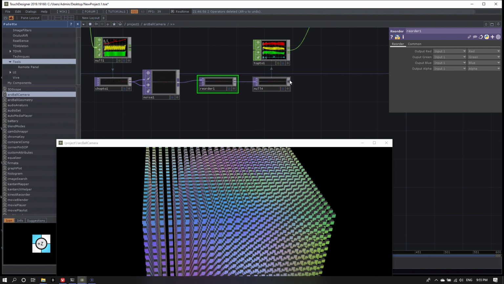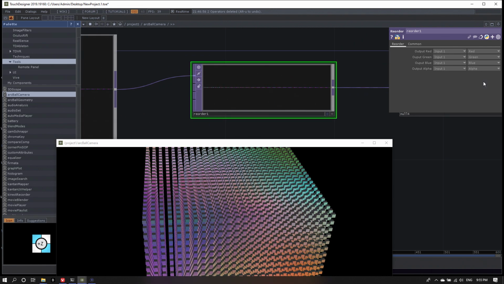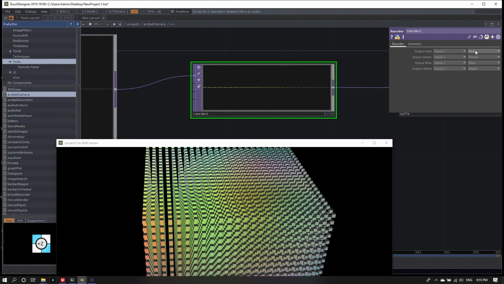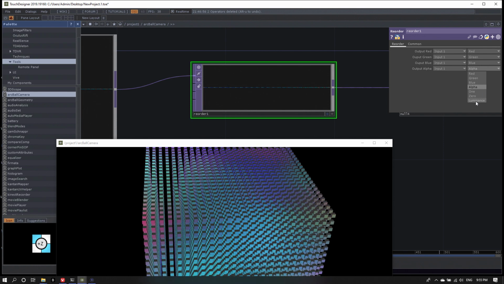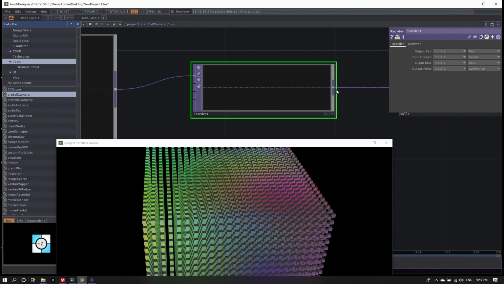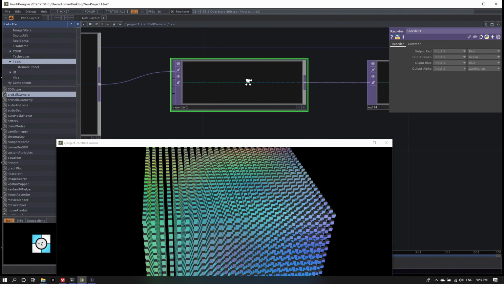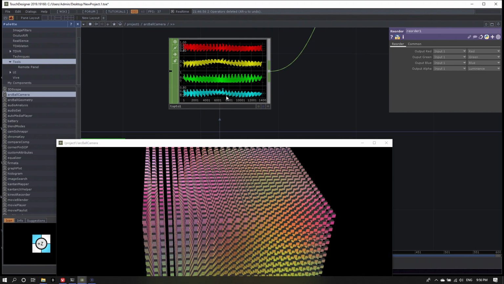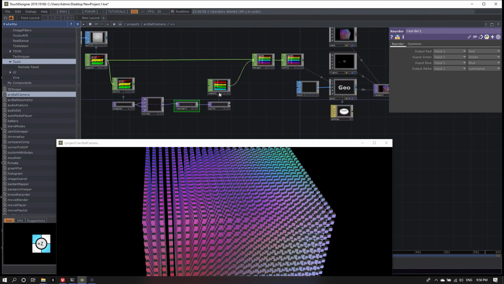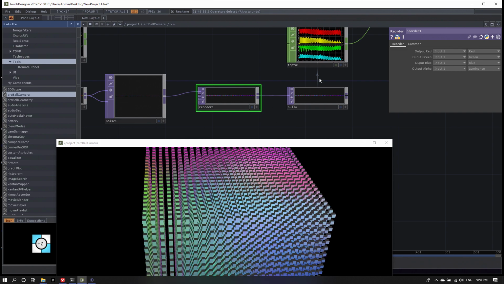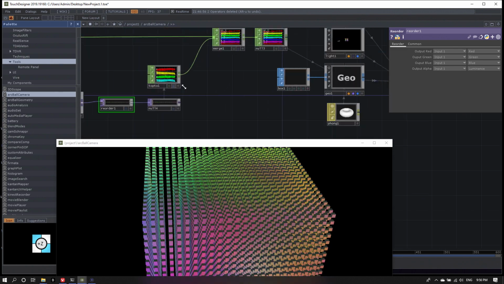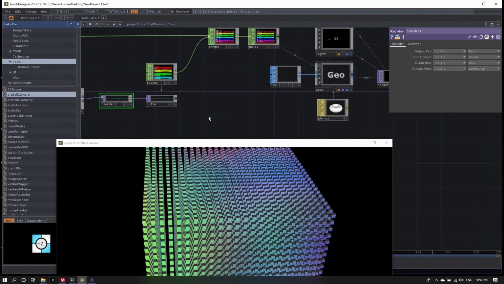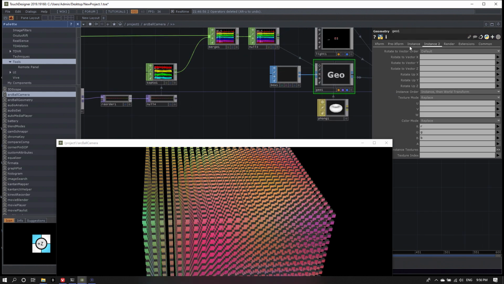And now the Reorder TOP lets you take multiple inputs and then assign these inputs' color channels to the outputs' color channels. But besides doing red, green, blue, and alpha, what you can also choose is luminance. And since we're not using the alpha channel, I'm going to use this channel and save luminance in it. So it takes RGB, takes the luminance of it, and applies it to the alpha channel. And this alpha channel I now will use as my scale factor for each box.